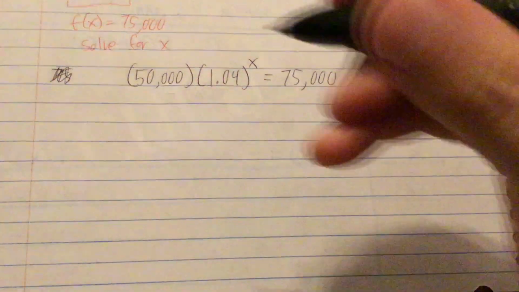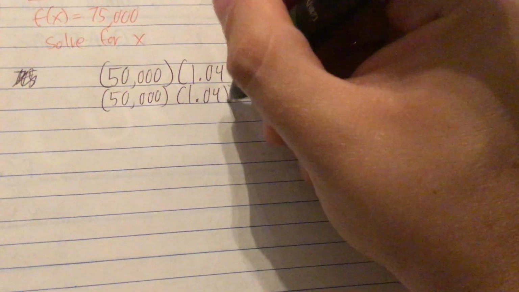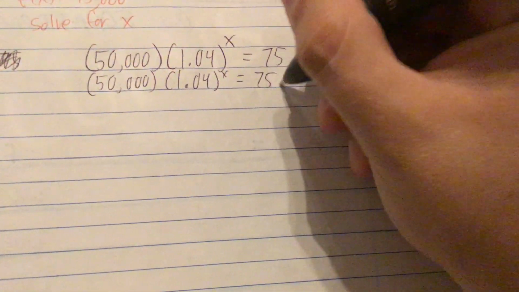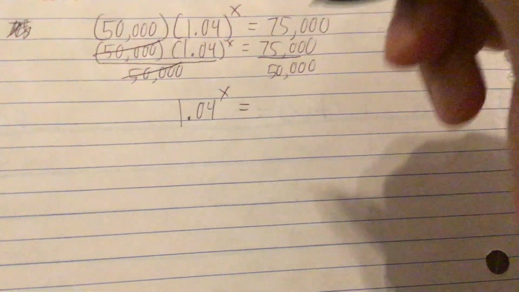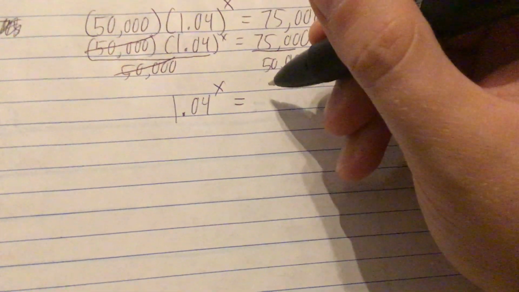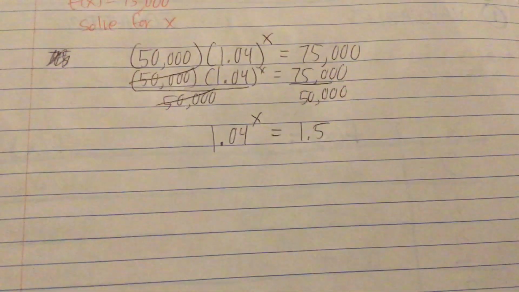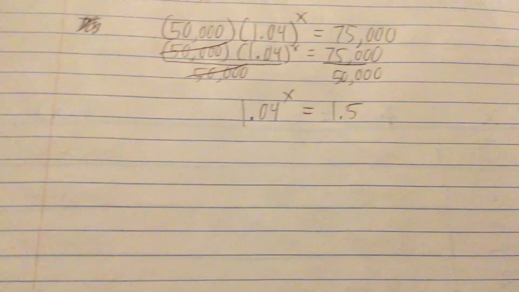Now, I'm going to divide both sides of the equation by $50,000. That would leave me with 1.04 to the x power, and I just know this math off the top of my head. That could be reduced to 3 over 2 or 1.5. I like a decimal. So if I have 1.04 to the x power is equal to 1.5,